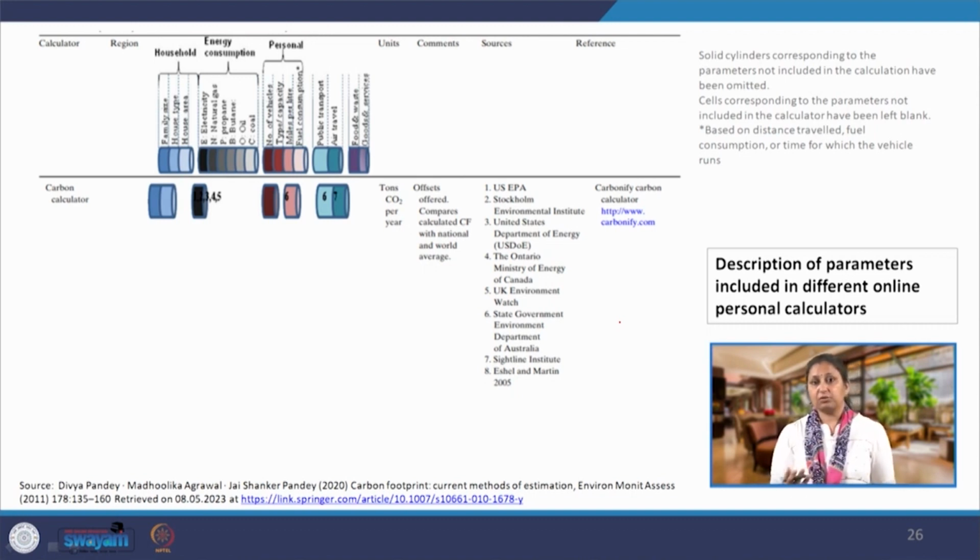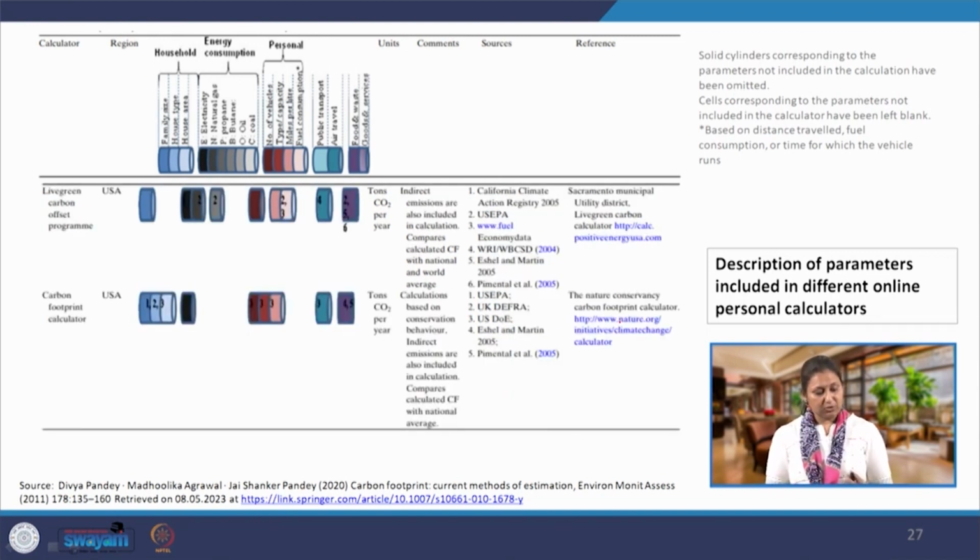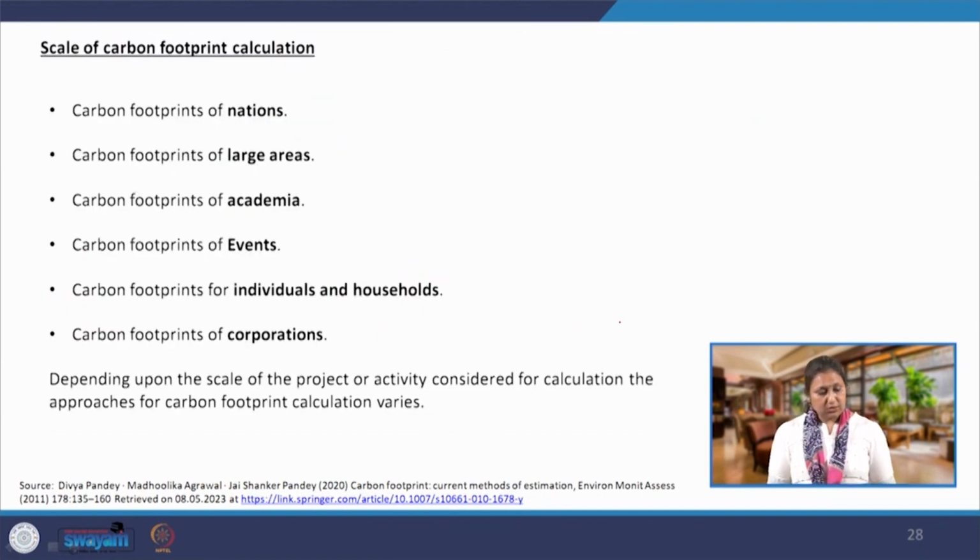Most of the calculators also mention which inventories they have used. So, you also need to understand where inventories are being developed and which inventories are going to be used. So, this is all in this particular lecture, and one more thing before we close,